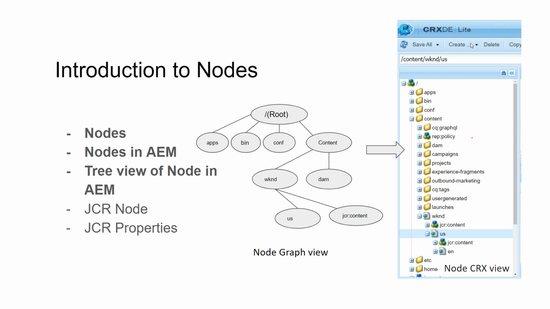I have shown two pictures. The middle picture with the circles is a graph view of a tree node, and the same is shown in the CRXDE view. We have already heard about the tree node. In a tree, there will be a root node. Under the root node, there will be a lot of branch nodes, every branch node will have its sub-branch nodes, and similarly it continues until the leaf nodes. This is the high-level concept of a tree node, and